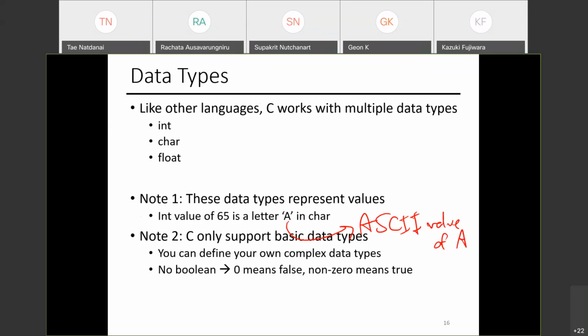0 means false, so if you do if 0, code A, else, code B. What is this equivalent to? This basically means that I'm going to keep running code B. I never have to run code A because it's always false. It's basically if false, but C doesn't support false, so you have to write if 0. Anything that evaluates to 0 is false.